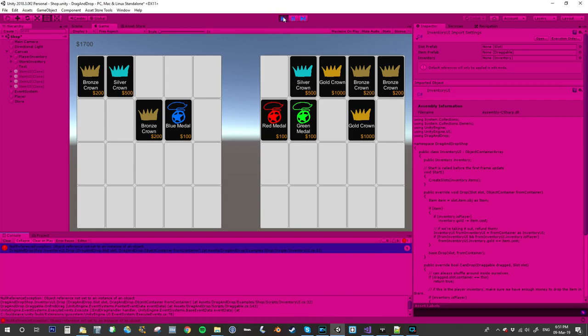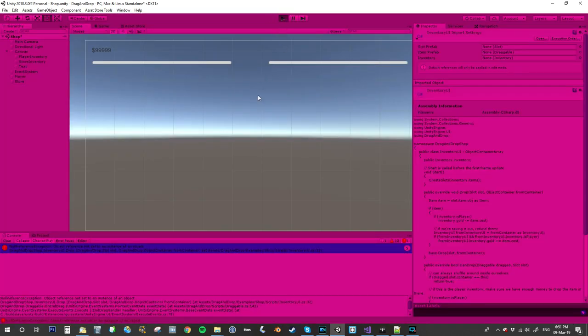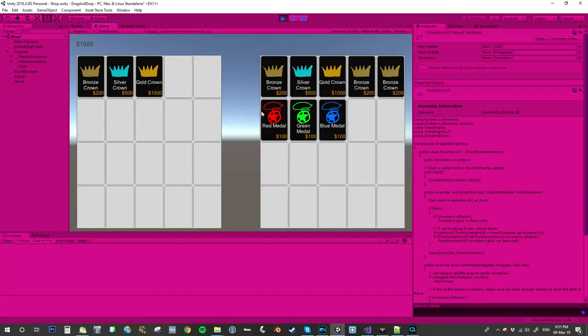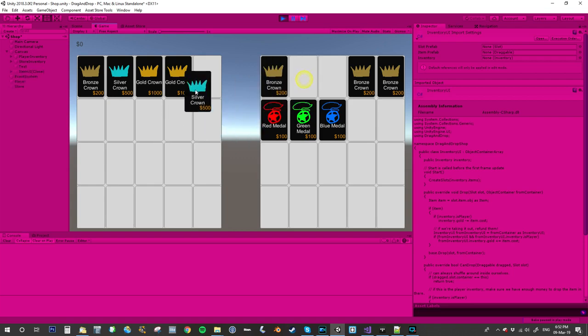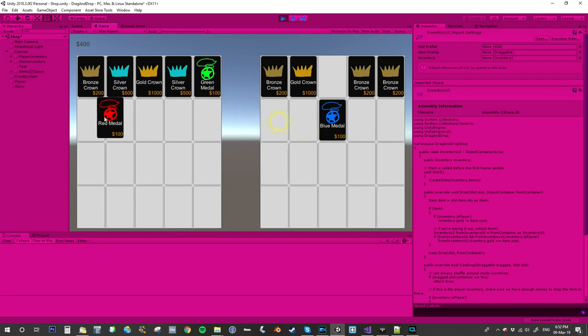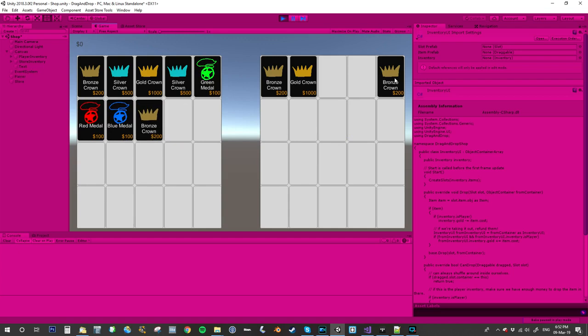Stop playing. And play again. Okay, so buy another gold crown. That'll take me to $0. And now I want to try to buy things. Drop a silver crown on there and back to 500. So I can now buy metals to my heart's content until